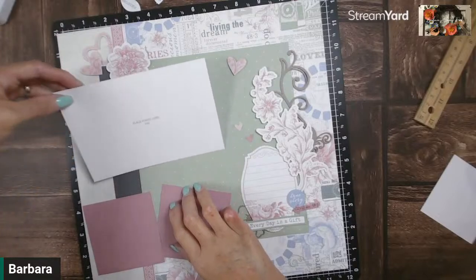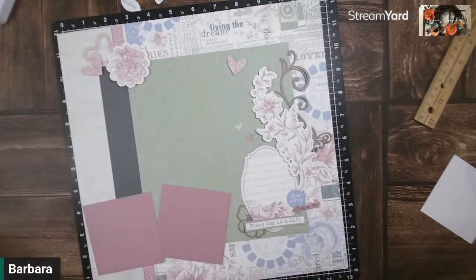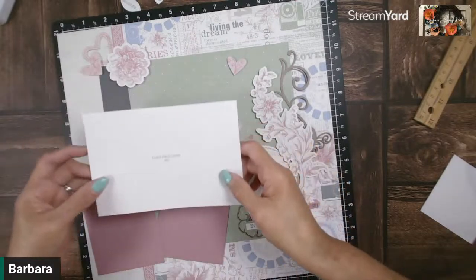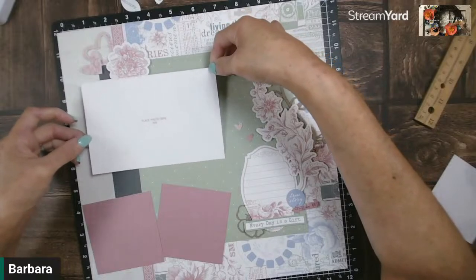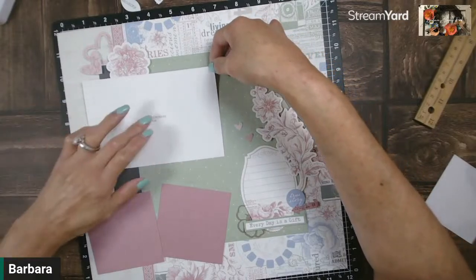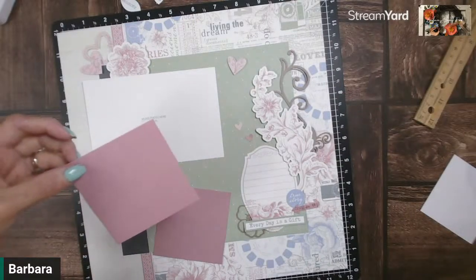I'm just going to leave that right there. Let me get a glue dot on the back so it'll at least hold in place, but I'm still missing a piece. I'm not going digging through this trash either, you guys, because I got a lot of scraps in this and it will be hard to find. So let me put this right here. This is supposed to just be a picture. There's no mat to this one. I'm going to leave that kind of loose like that. And then let's get,